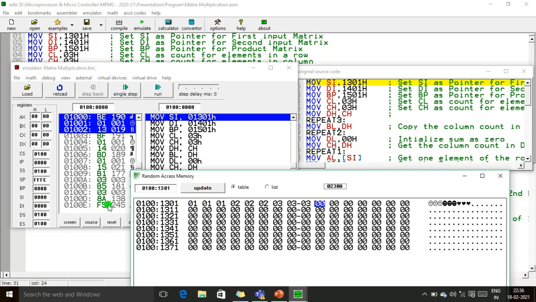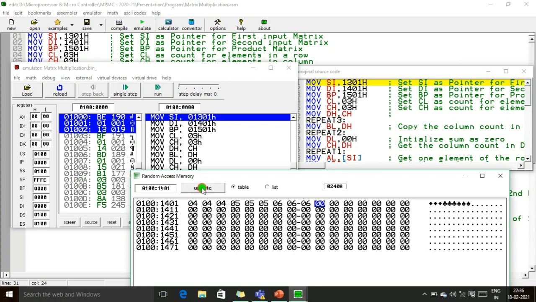This is the first matrix, totally 9 elements. Next, at 1401 we are going to load the second matrix. The elements are 04, 04, 04, 05, 05, 05, 06, 06, 06.